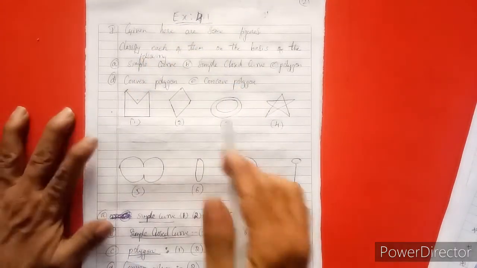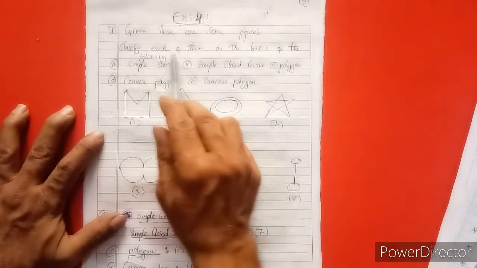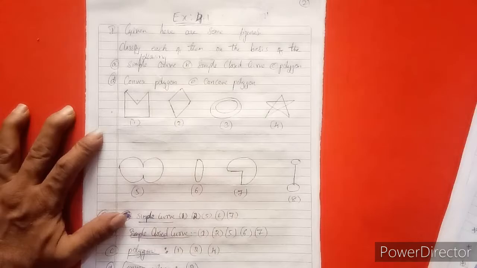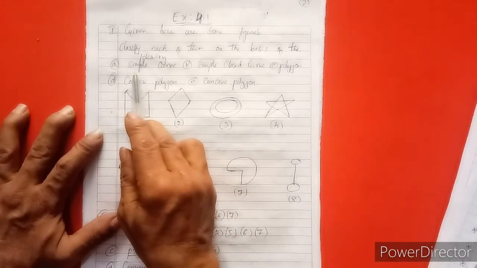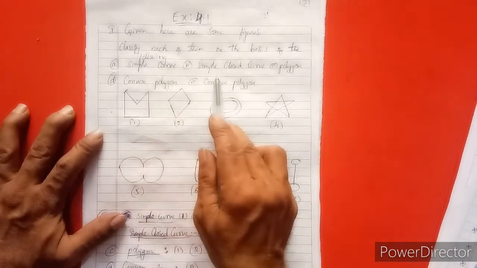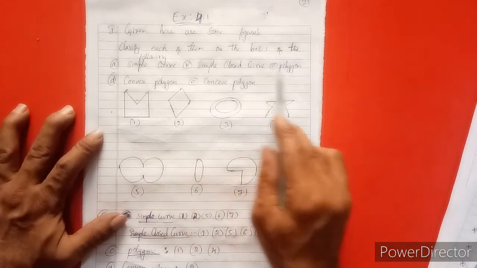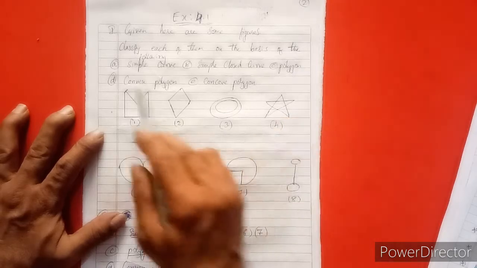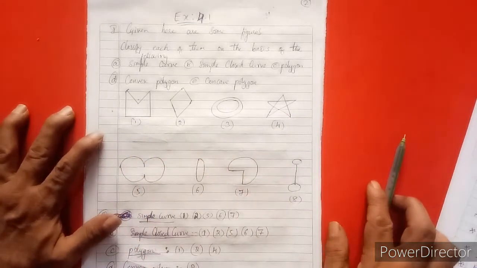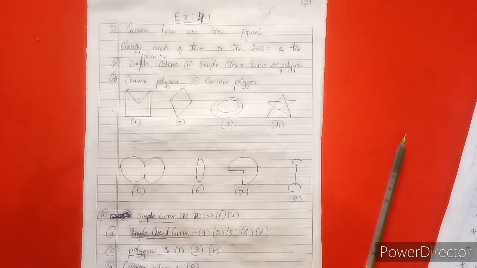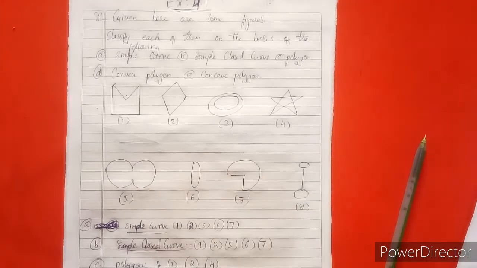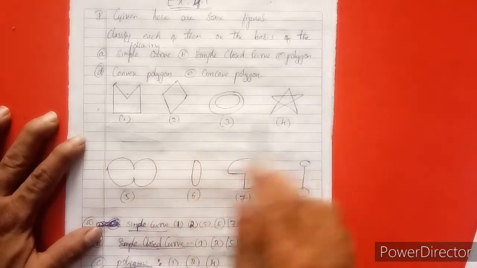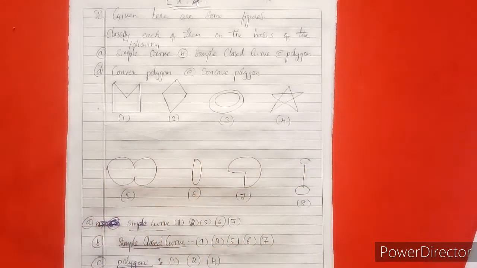Given some figures, classify each of them on the basis of the following. What is given? The first one is A, simple curve. B, simple closed curve. The third one is C, polygon. The fourth one is convex polygon. And after that, concave polygon. So these are the figures 1, 2, 3, 4, 5, 6, 7, and 8, and according